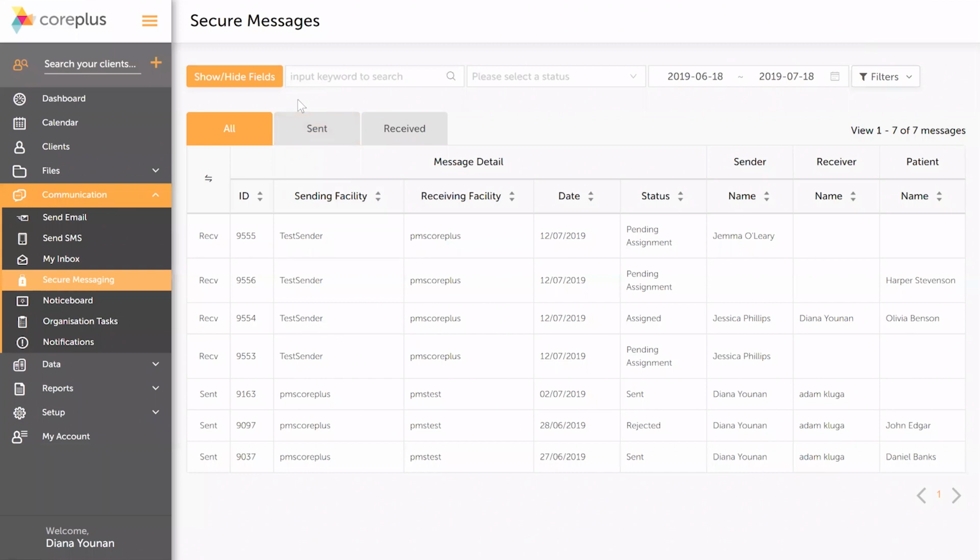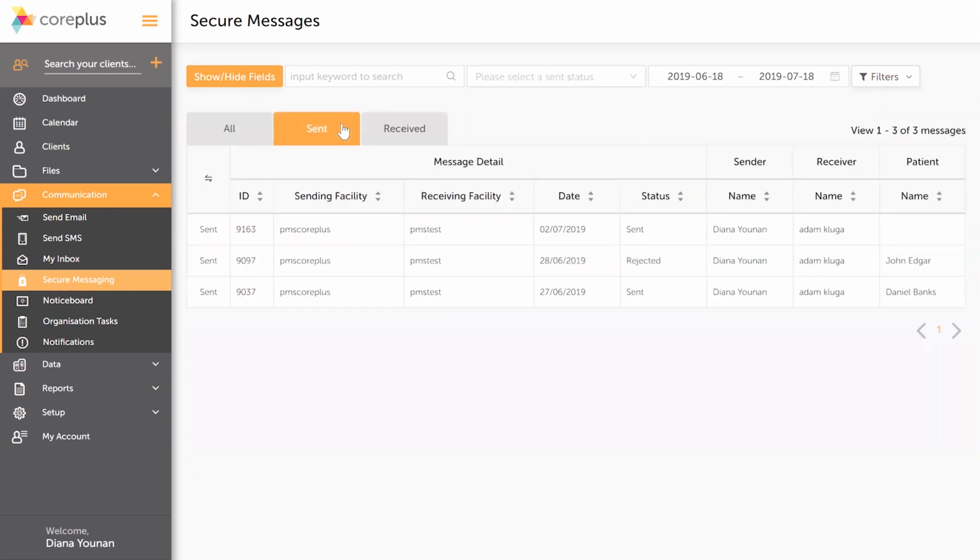At the top of the inbox, you are able to filter your messages by keyword searches, by a sent or received status. You can apply a date range if you like. And finally, there's some additional filters for you to use. You can also select to show or hide additional fields that will give you some more information in the columns of your actual inbox. The inbox itself is separated into 3 folders: all of your messages, your sent messages, and